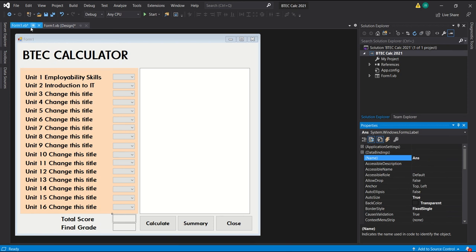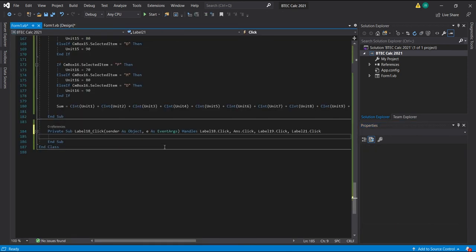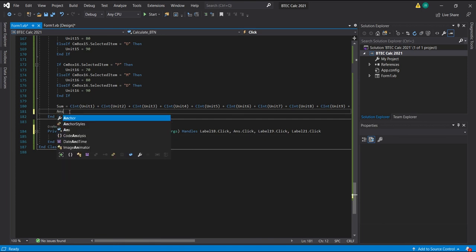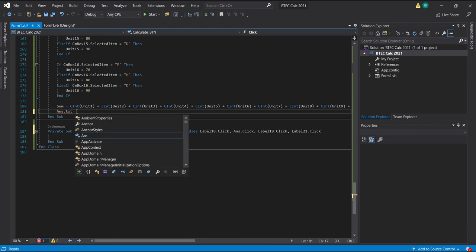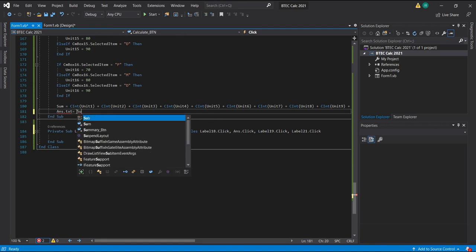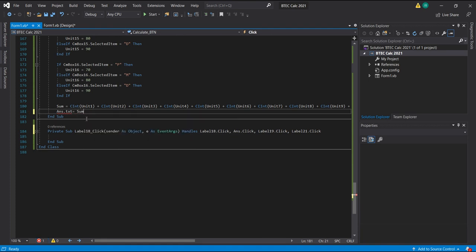So now we go back to our code, and when we say ans, now you put .txt as a property because it's a text that we're looking at. There equals to sum. So what we're saying is essentially the value of this should be assigned to this. Okay, for this label,